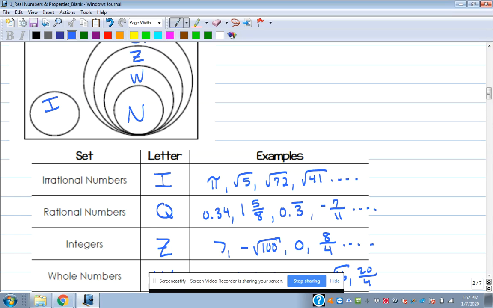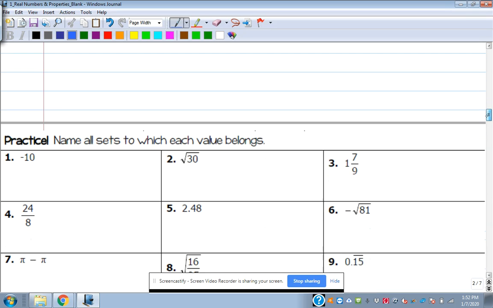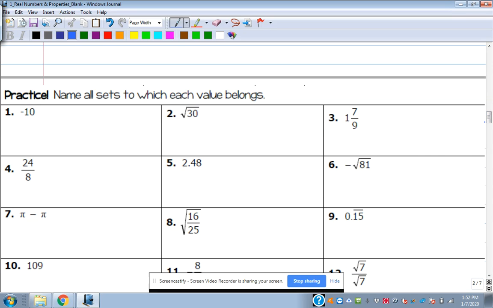So when you classify a number, you're going to classify it as all of the things that it is. Okay, so if it's on an inside bucket, then it's got to carry all those other buckets with it. Okay, so let's look at some examples of classifying some numbers, and we're going to use these abbreviations. So your handout's got them right there above it. So we're going to use those abbreviations to name all the sets for each number that's listed here. So let's start with number 1,